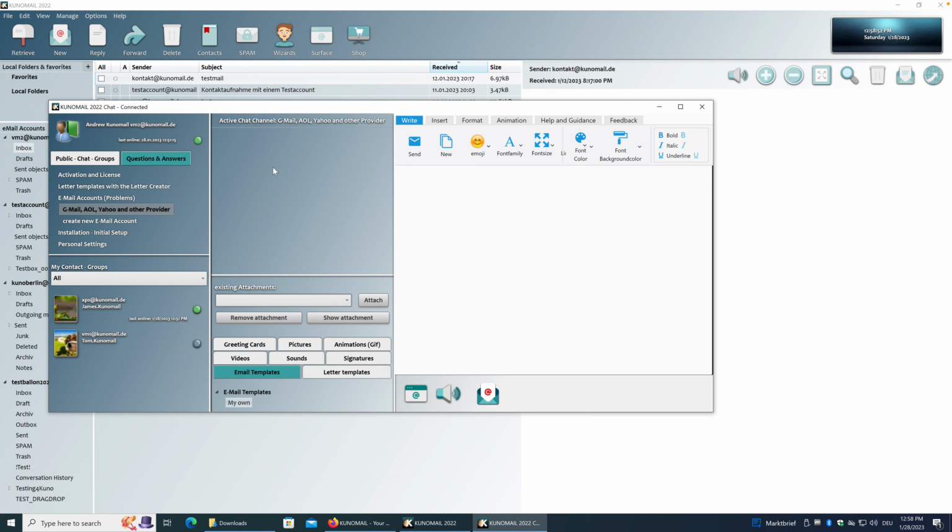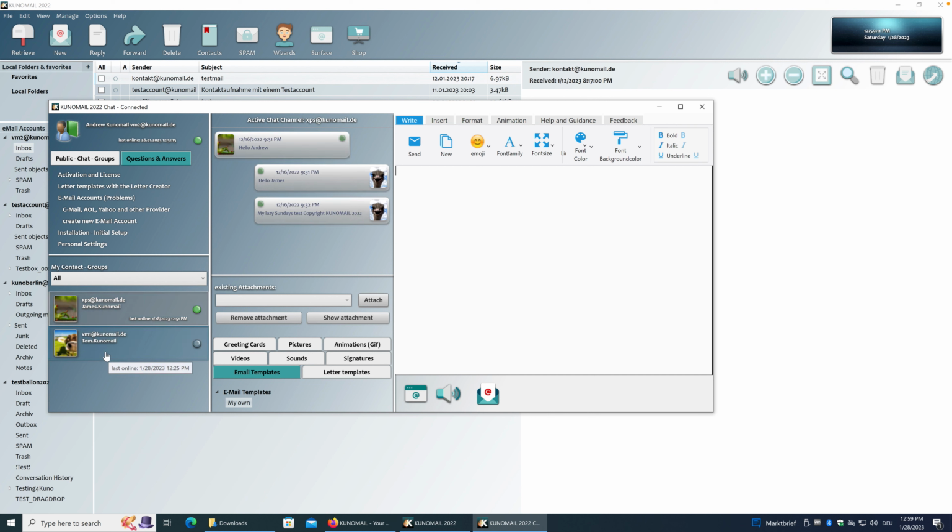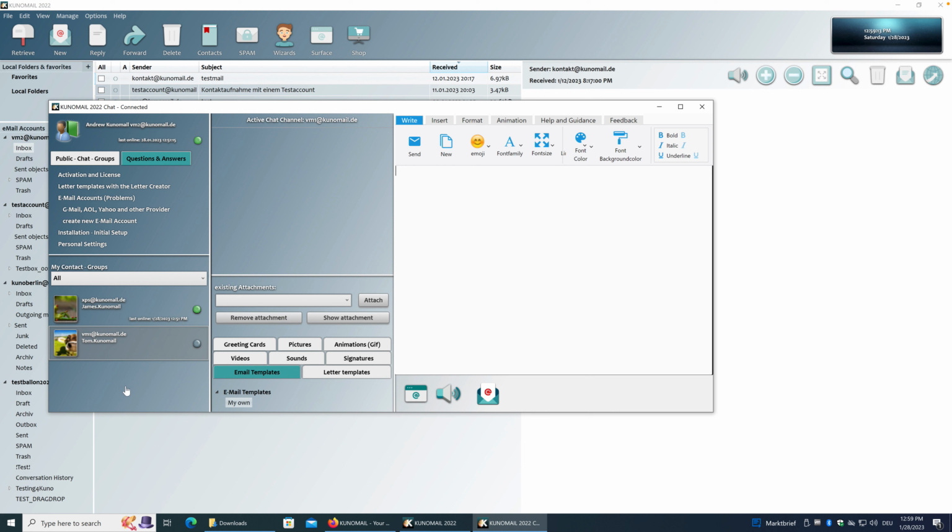It's very important. We told you in our last video that in KUNOMAIL we don't save any messages on the server. That's still right for the direct conversation. If you have your local contacts and you chat with them, it stays local. Nothing is saved on the server. But with the groups,